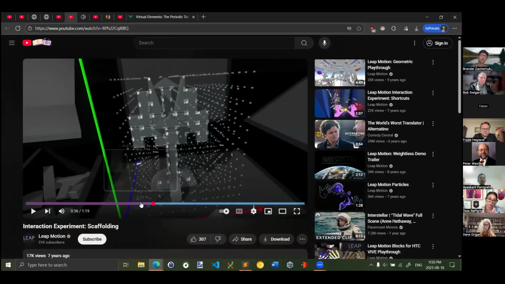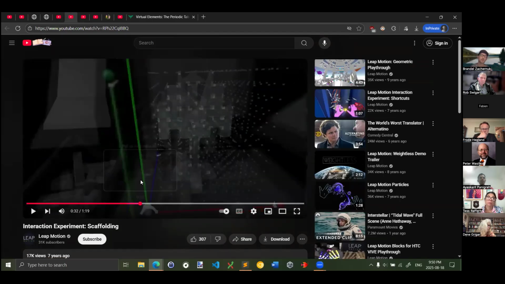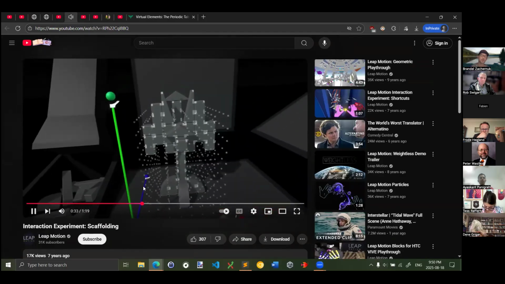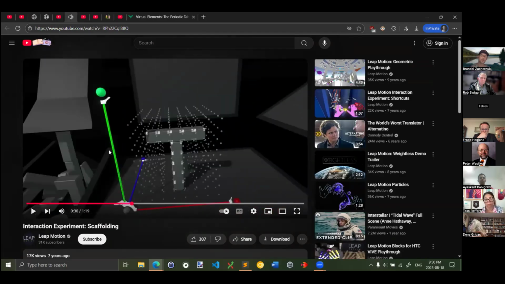Then finally, maybe this one last thing about scaffolding. So how you have a cube, and then when you're